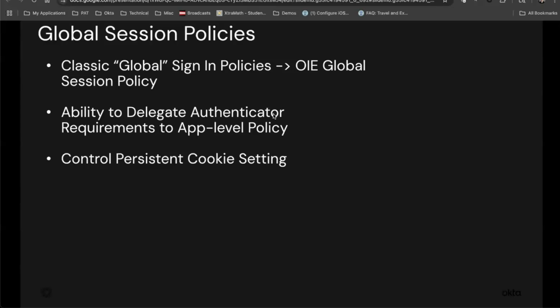There are a couple new capabilities, though, that have been added to the global session policy. Probably the most critical one is the fact that you now have the ability to delegate the specific authenticator requirements for establishing your initial session, to delegate that to the app level policy requirements. And we'll look at that in just a second. But this is a capability that's going to be key